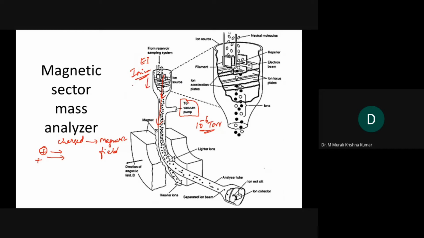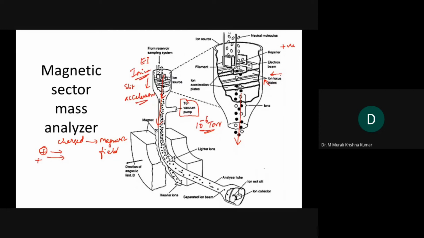Then when it is moving with certain velocity, because as you all know, after ionization you will have a slit, and it will create something like an ion beam. Then we will have an accelerator. Okay, through voltage difference, the ions generated over here will get a thrust, so that the ions move in this direction with a specific velocity. Okay, so velocity depends upon the charge of the ion as well as the voltage difference that we are applying over here. Let's say we are generating positive ions here. We will have negative charge on the accelerator plates.